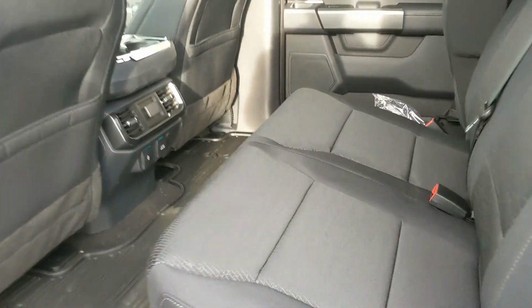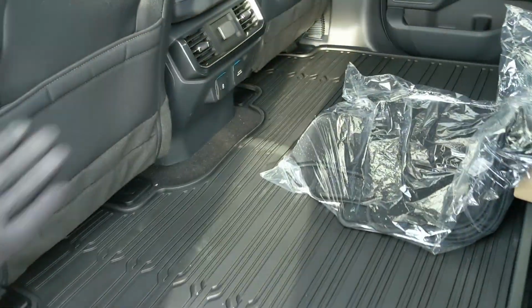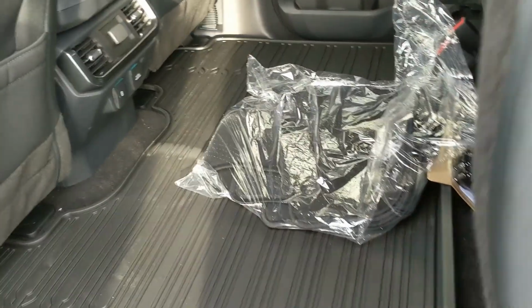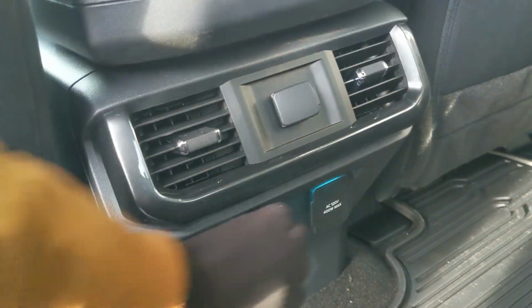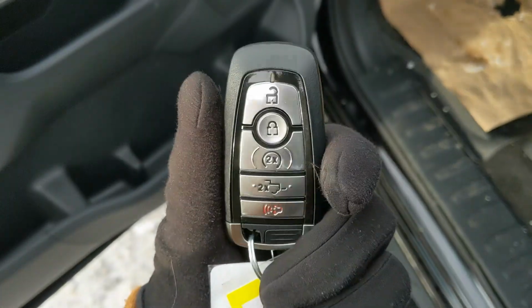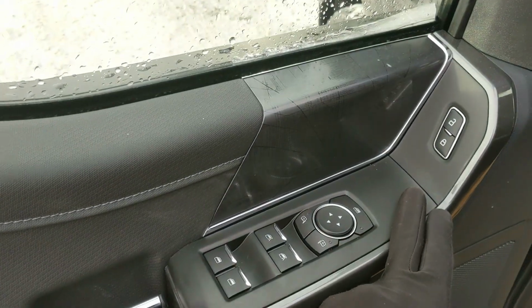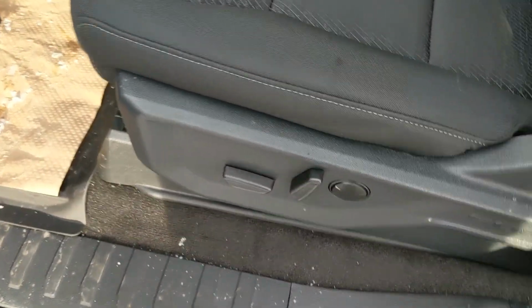Looking into the back seat, we have comfortable seating for 3 with the black interior cloth, as I mentioned, which can be flipped up and out of the way to accommodate any other cargo. And in the middle, you have 2 cup holders with a 12-volt USB and USB-C and 120-volt power outlet. This truck has a remote start, so no need to go outside to warm up your vehicle. And looking in, you have power windows, power mirrors, and power locks, as well as a fully power adjustable driver's